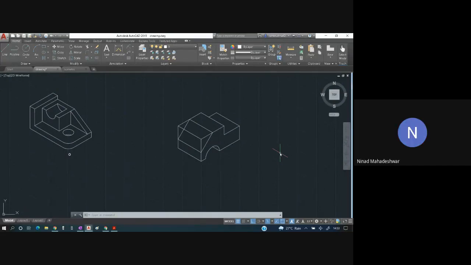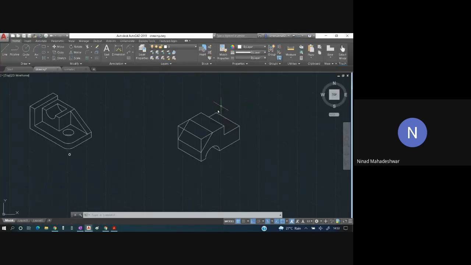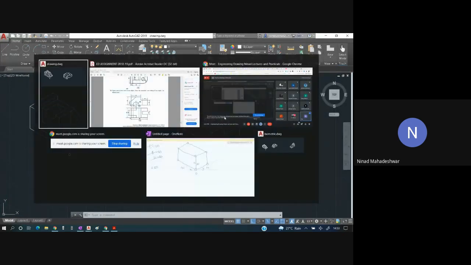Now after this, understand this part carefully. There is a slot which is behind. You can see it over here also. The slot which is behind. How to do about this? Understand this part carefully. So on this end, you have to go some mm towards down. I'll tell you.